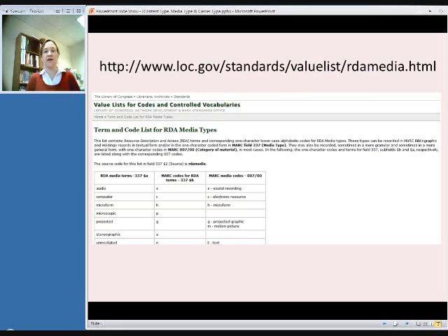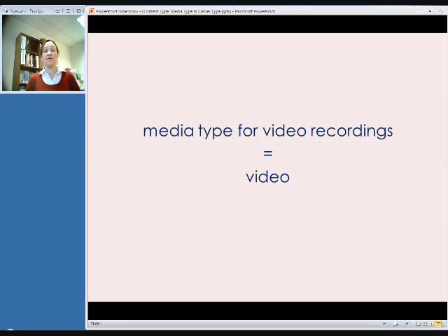It's also available from the Library of Congress website. And for all video recordings, the media type is video. This would distinguish our video recording items from, say, a motion picture on film, because that would be of the projected media types. But everything we're going to be working with in this class, VHS tapes, DVDs, Blu-rays, streaming videos, those all get a media type of video.